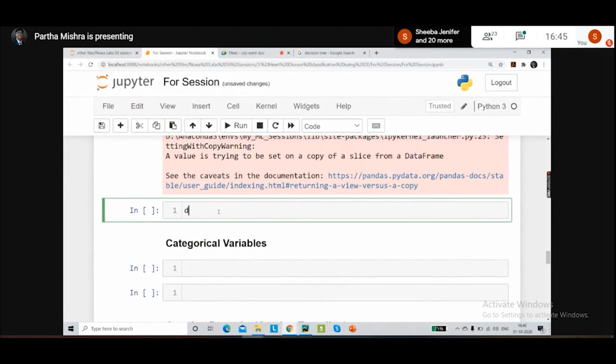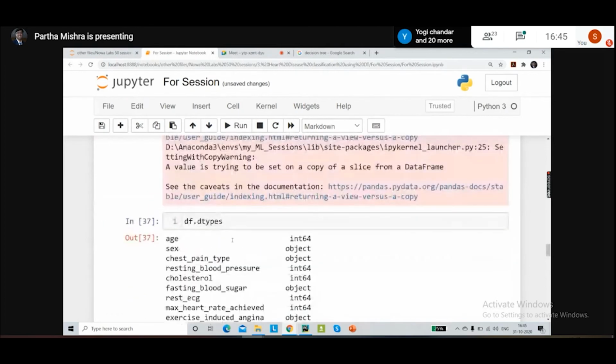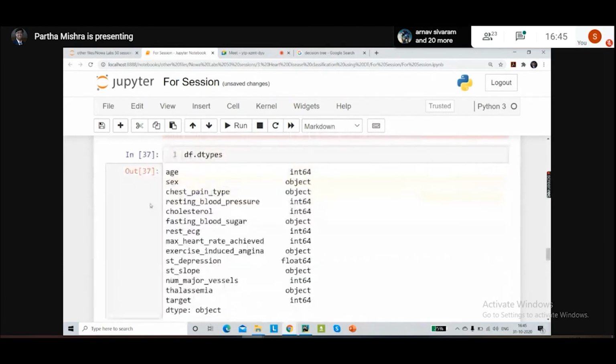Now we have to check whether the columns that we decided to turn into categories have been converted. For that, we'll simply go for dtypes. When you hit dtypes, you can see those columns that we had used, gender, chest pain type and all.